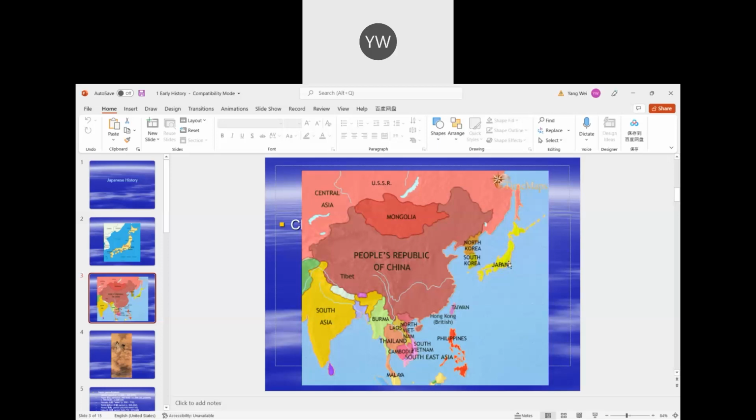Actually, if the Japanese had not done the Meiji Restoration and industrialized and modernized their country, for Japan to become a modern civilization, we probably would not have spent a whole semester to talk about Japan. So the importance of Japan really came from its successful modern transformation, beginning from the 1860s. But before the 1860s, before the Meiji Restoration, Meiji Reform,